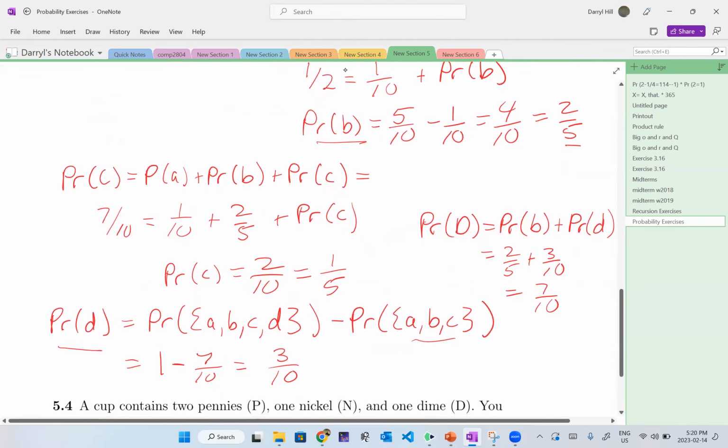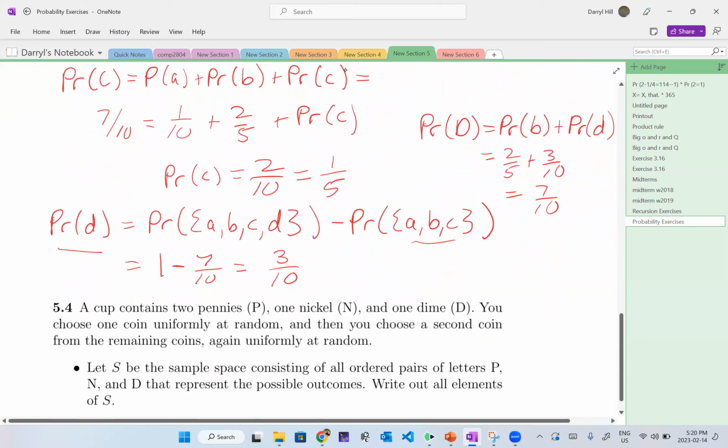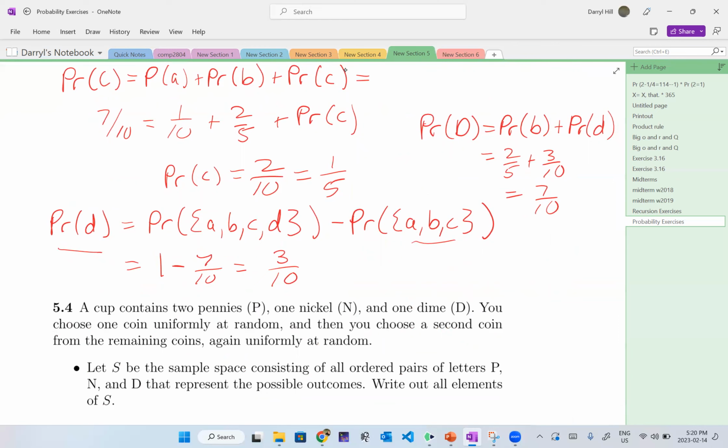Sorry, I just want to double check. Probability C is 1/5. I'm assuming that's correct. It might be a good idea to, if this was an assignment, I would double check my work by seeing if this summed up properly with everything else. So we can go from a set of outcomes that gave us some events with probabilities, and we could use those to find the probabilities of the individual outcomes. Probably did too much work, but